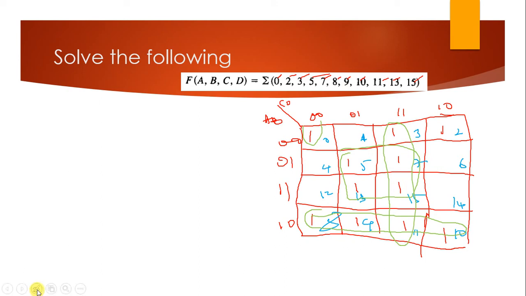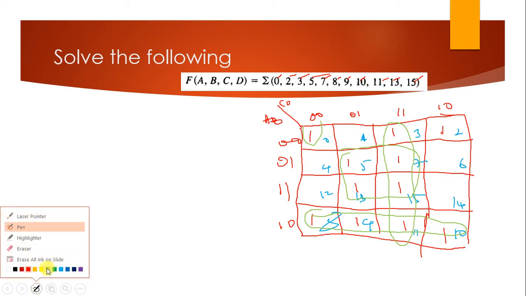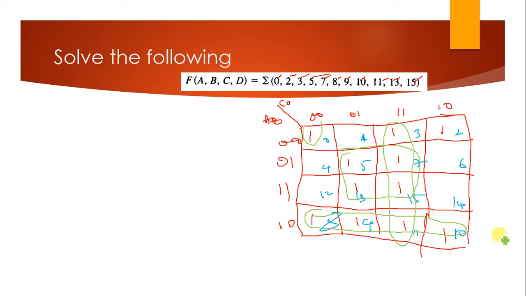So how many groups did we get here? Let us say the first quad is group 1, the second quad is group 2, the third is another quad, which is group 3, and the fourth quad is the corners. The corner ones are another group, so that is group 4. So we got 4 groups in order to solve this particular thing. Okay, so let us solve one by one, step by step, how to make this output equation.